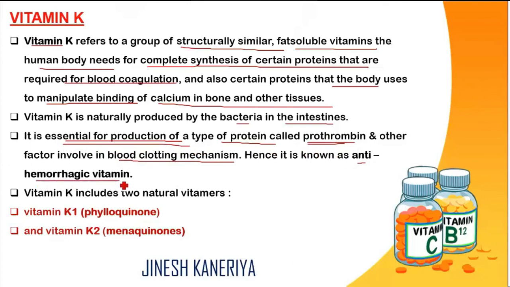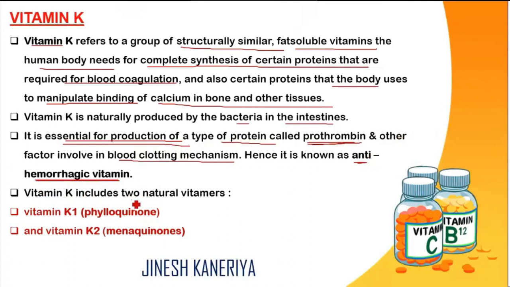So deficiency of this vitamin can cause hemophilia, a blood loss condition, when our clotting system does not work properly due to the deficiency of vitamin K. Vitamin K is the most important part for the synthesis of the anti-hemorrhagic factors, and prothrombin formation is also related to vitamin K.